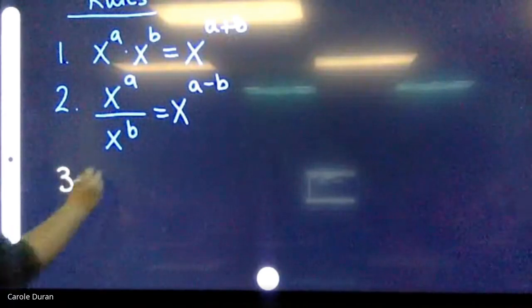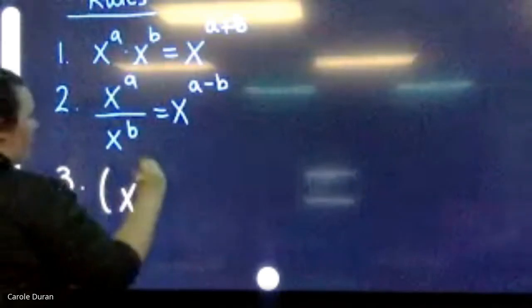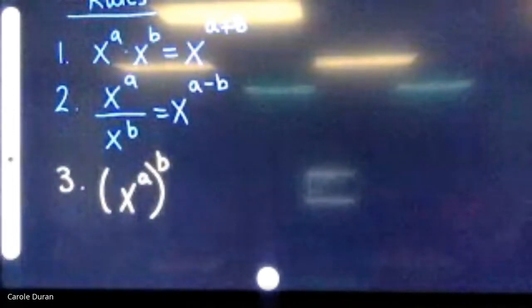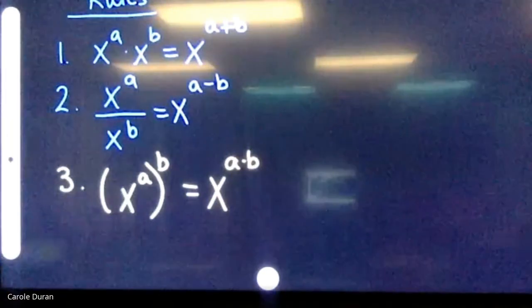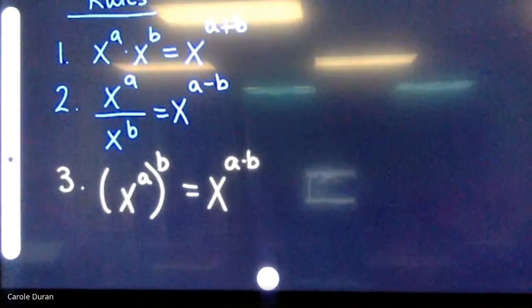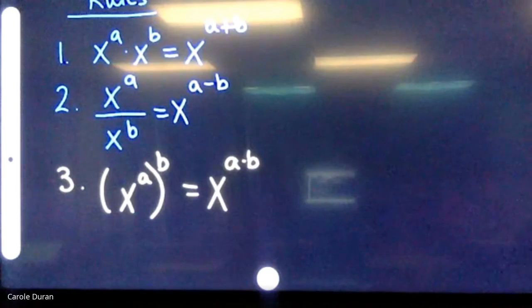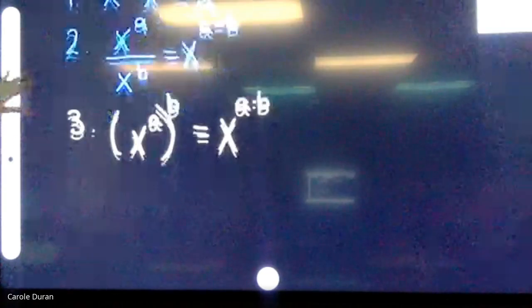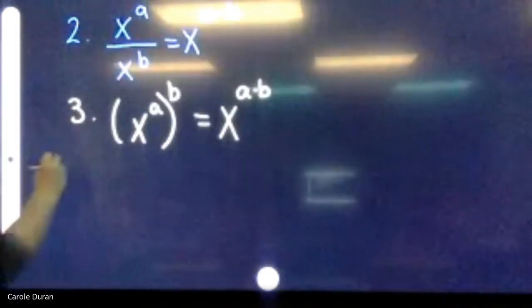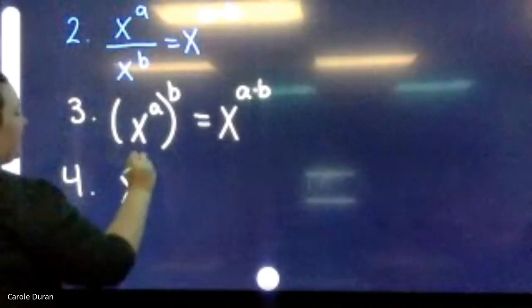The other one is if I'm taking a base and an exponent and raising it to another exponent. So here x to the a all raised to the b power. That is equal to the same base with the exponents multiplied together. So x to the a all raised to the b becomes x to the a times b power. The fourth rule, which to me is the easiest to remember, is anytime I raise any